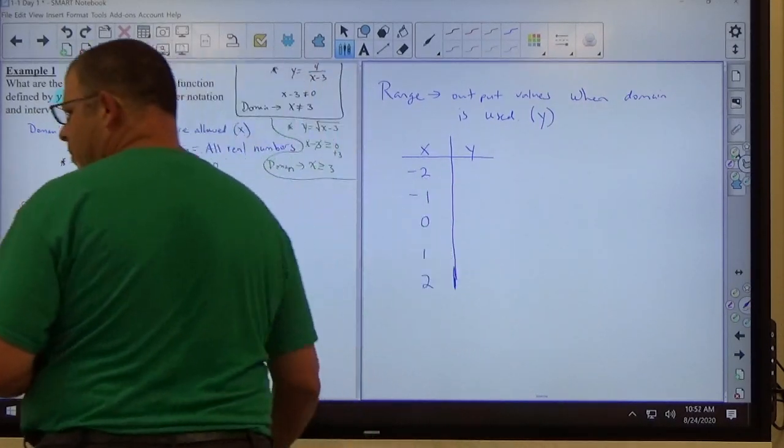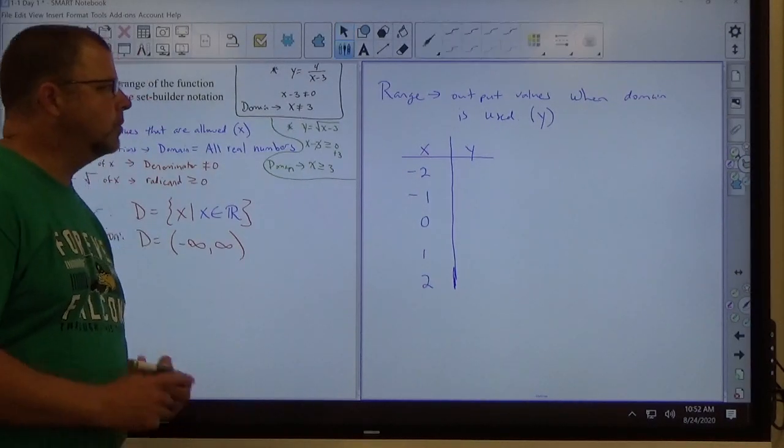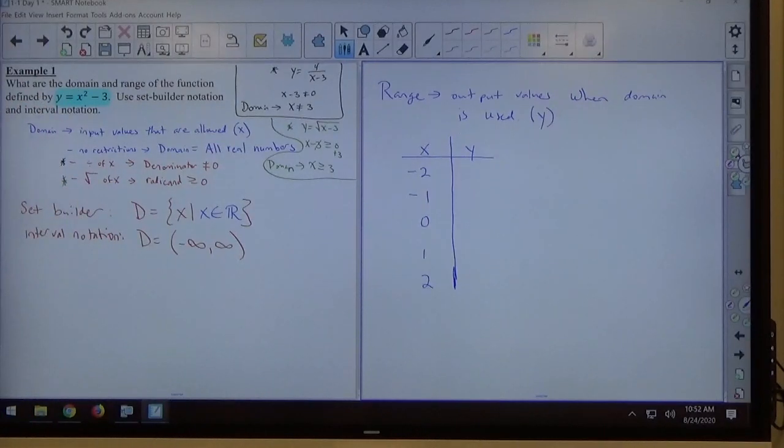Anytime I have all real numbers as my domain, I usually pick those values for x. They're small, they're easy to work with, they're easy to evaluate. Now, we're recalling what we dealt with last week when we were doing a little bit of review work, and we're doing functional values, right? When I substitute a negative number in for x, whatever's happening to x has to happen in the entire value,